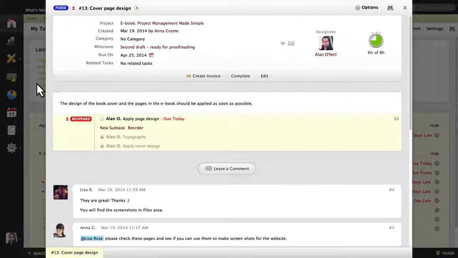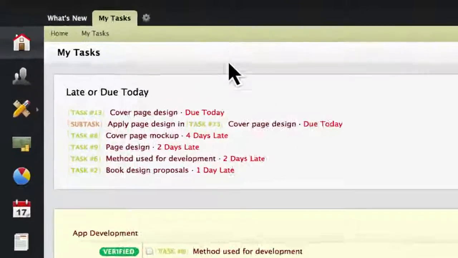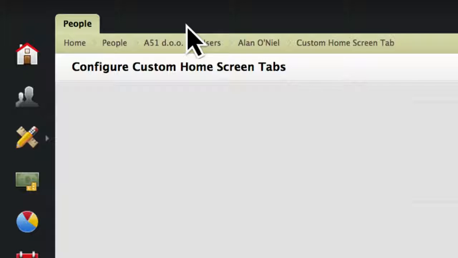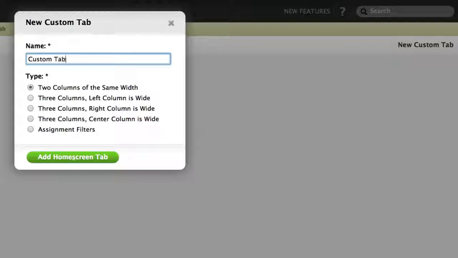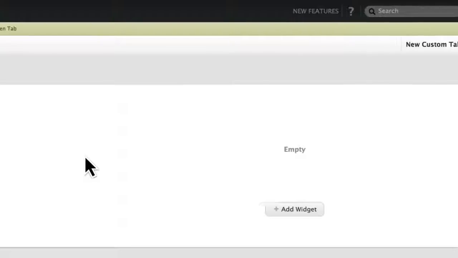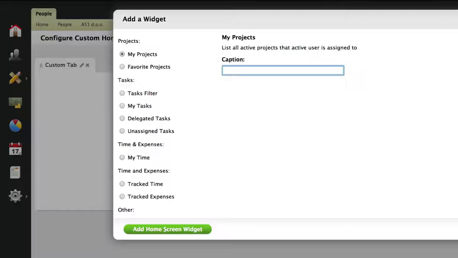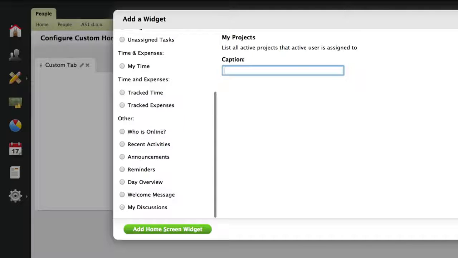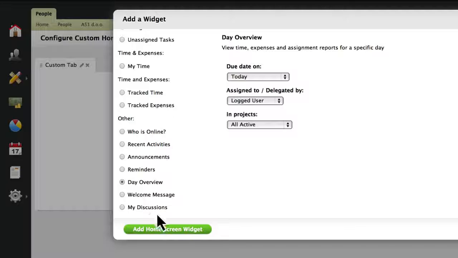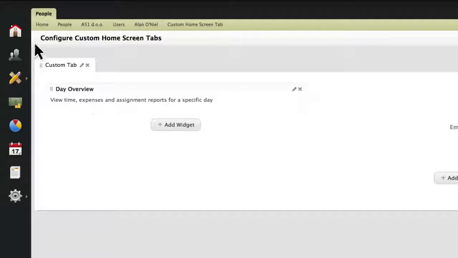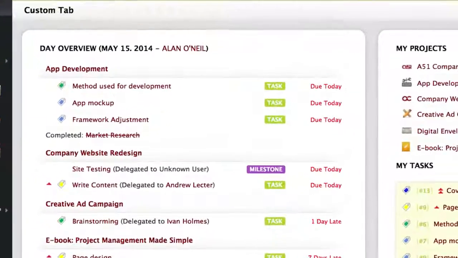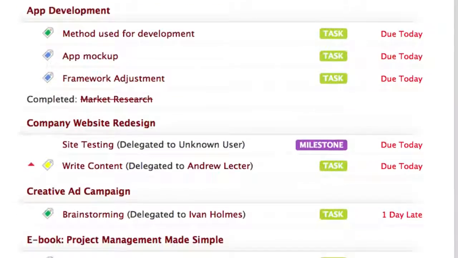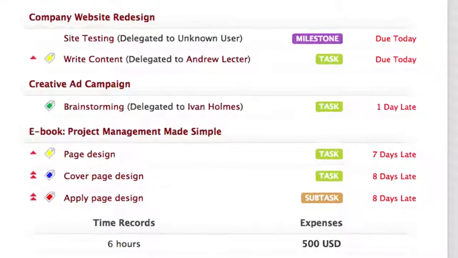The home screen can also be customized with additional tabs. Simply click on the cogwheel icon to add a new tab layout. We can populate the custom tabs with widgets that display projects, different kinds of tasks, tracked time or expenses, system notifications and discussions. Let's click on a custom tab and see how it looks once it's been set up. As you can see, activeCollab allows you to customize your working environment to display the information that is relevant to